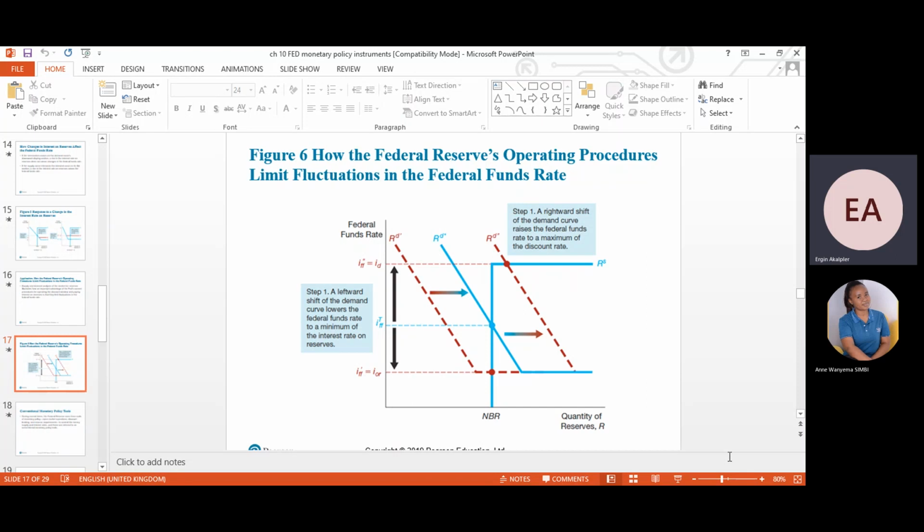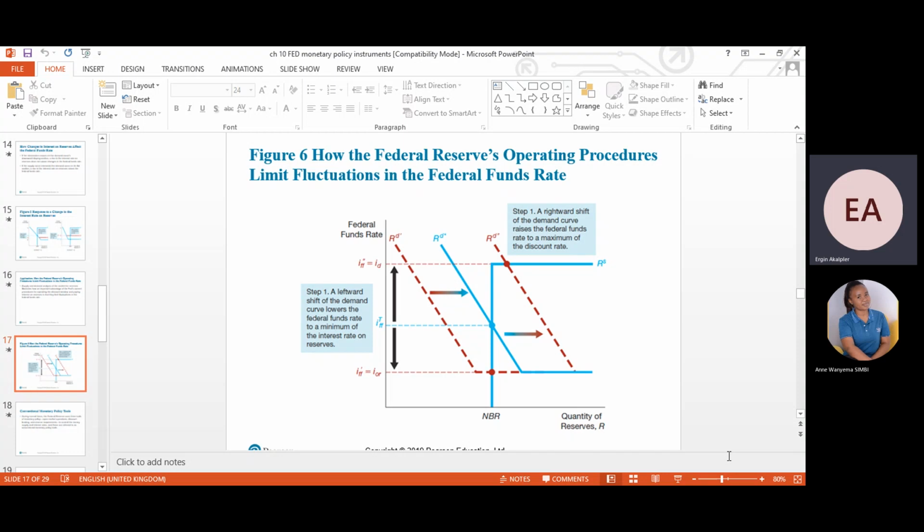On the graph, we are seeing the important effects of these limitations on fluctuation in the federal fund rate. And a rightward shift of the demand curve raises the federal fund rate to a maximum of the discount rate, as you see on the right side,